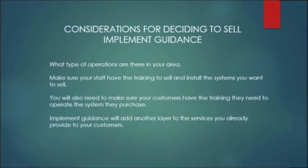Other considerations to look at when you want to be a dealer was the amount of people you have allotted to implement guidance. For the most part, once it's set up, there's really not that many issues with it. So depending on how many stores you're selling out of, if you've got 1 or 2 guys trained in the shop to go out and troubleshoot the system, then you should be fine. That should be able to keep all your customers happy and running